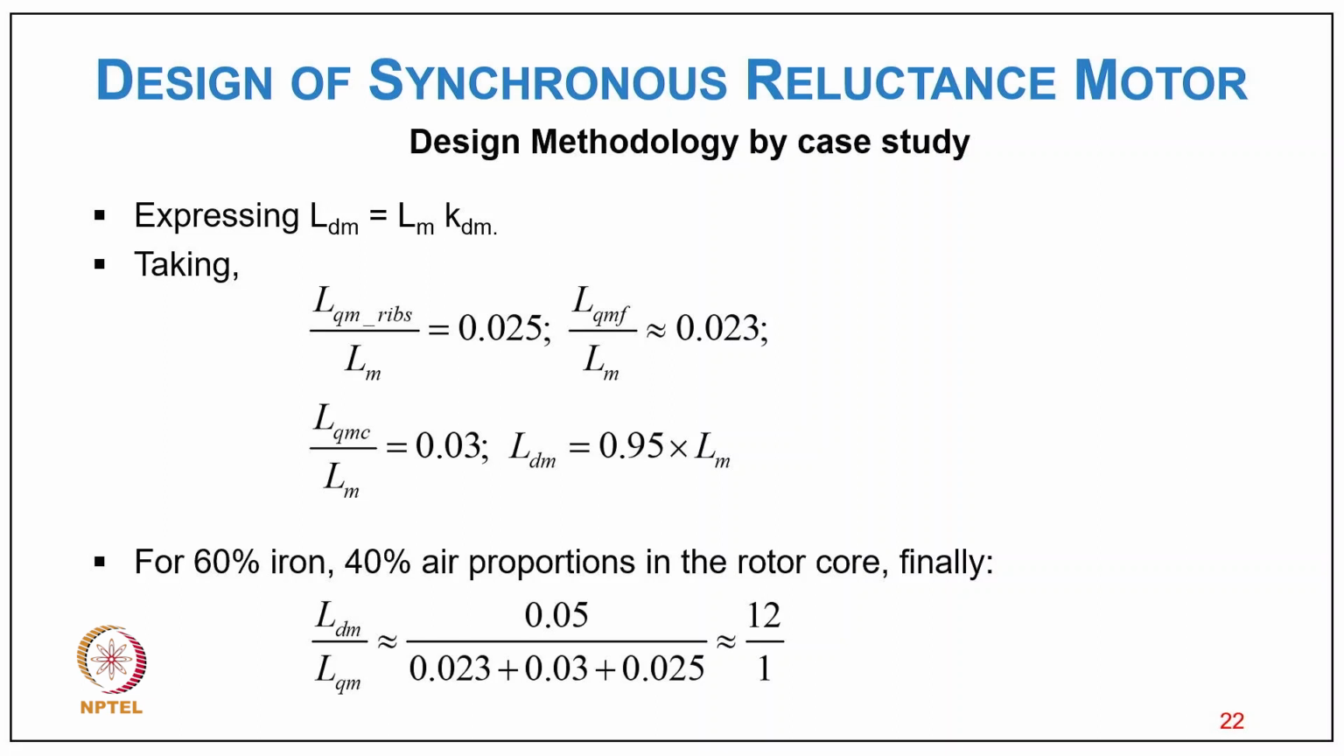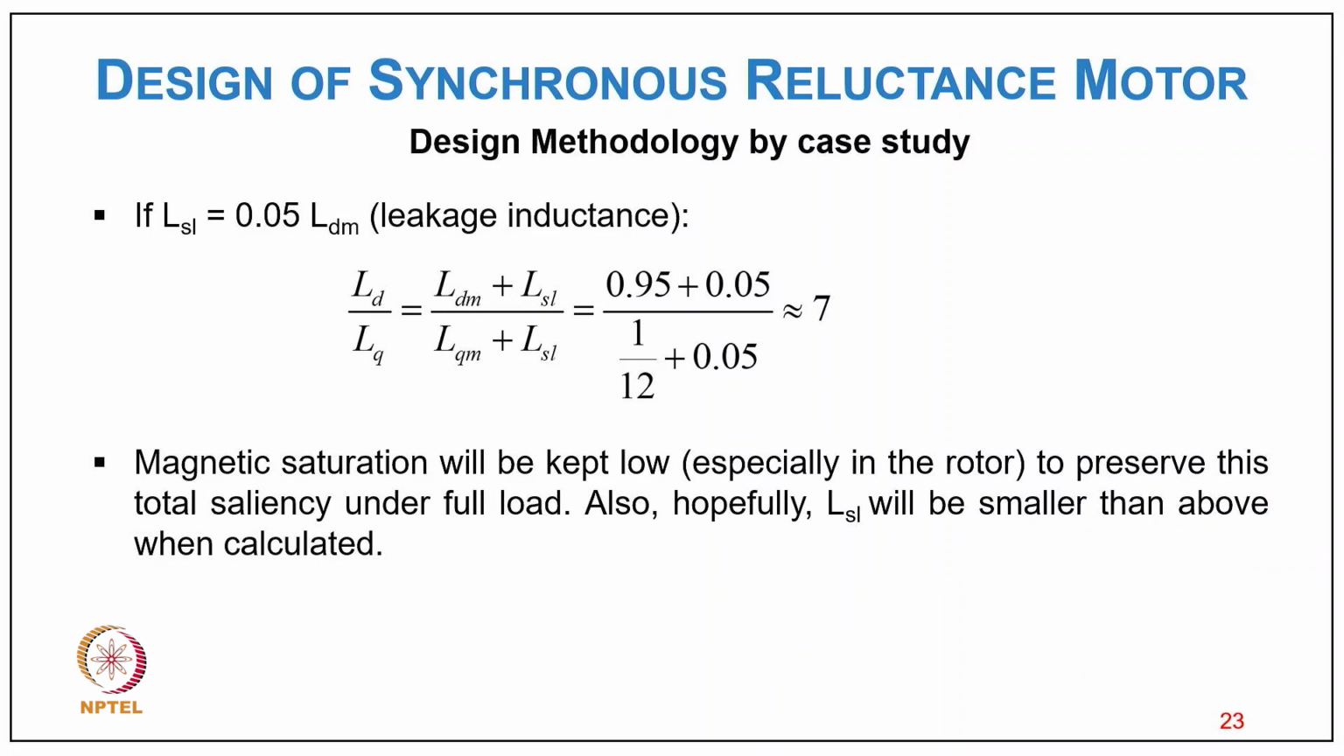So, taking LQMR/LM = 0.025, LQMF/LM = 0.23 and LQMC/LM = 0.03, and LDM = 0.95 LM. So, for 60% iron and 40% air proportion in the rotor core, finally LDM/LQM, putting the value, comes to 12 by 1. So, if LS1 = 0.05 LDM leakage inductance, then LD/LQ,